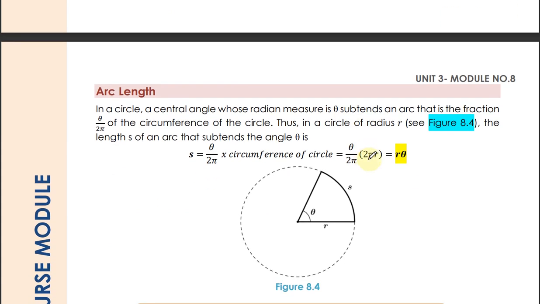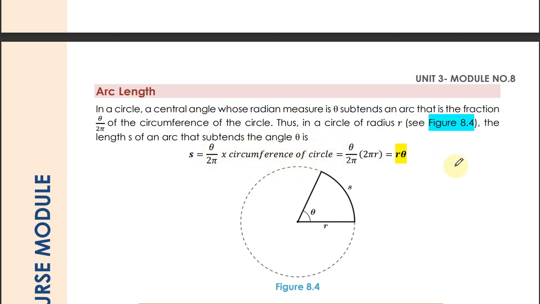So next is about the arc length. In a circle, a central angle whose radian measure is theta subtends an arc that is the fraction of your angle over 2 pi of the circumference of the circle. Thus, in a circle of radius r, shown in this figure, the length s of an arc that subtends the angle theta is equal to the angle theta over 2 pi times the circumference of the